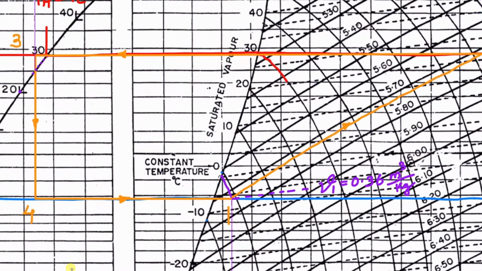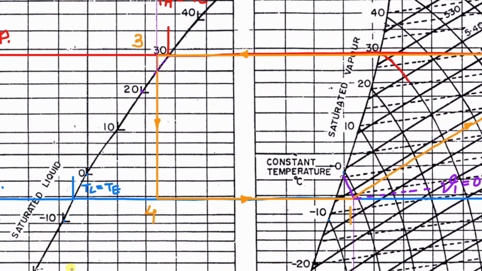So here you can see on the saturated vapor curve we have 0. Below that we have this point as -10. So this is -10. Be careful, this line is not -10. Understand this properly. Here you can see this right angle is shown. So it is above this line and below this line. Same way, this point is -10. Okay, it is below this horizontal and above this horizontal. So make sure you mark that -10 properly. So this is -10 and this is 0, and we have -1. Okay, so this will be -1.